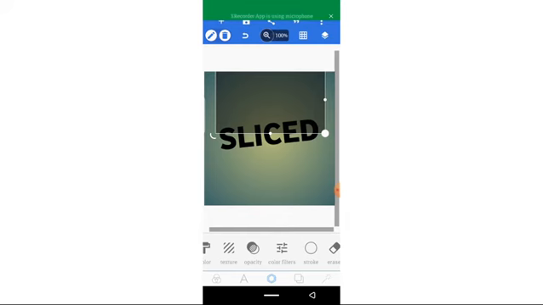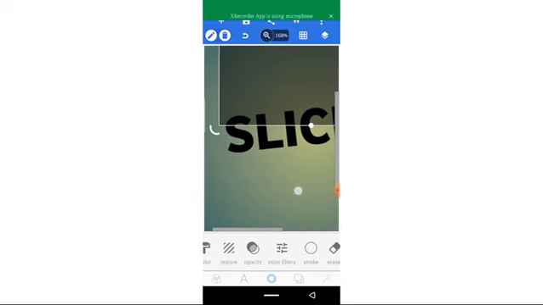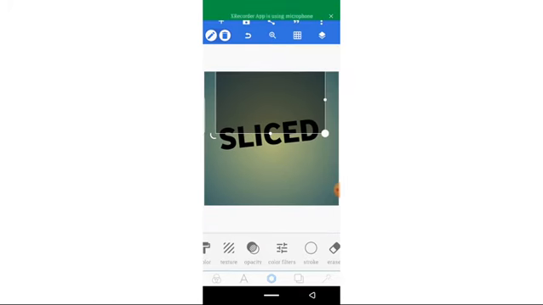You can see that I don't really like the way this S looks, the E and the S. If I slice this image this way, it's going to leave a small cut of the S, so I have to make it go down a bit. Yes, I think this is better. Yes, okay, then